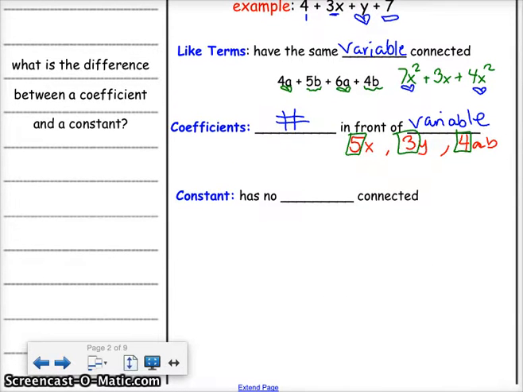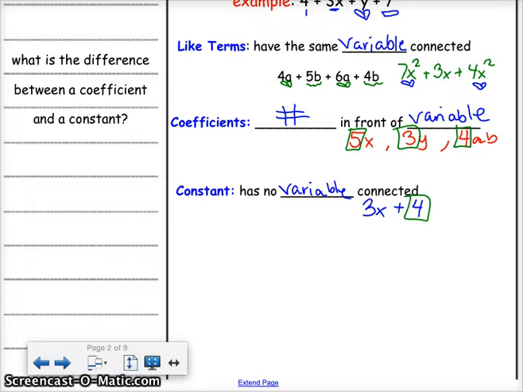A coefficient is the number that is sticking to a variable. A constant has no variable. It is constantly the same thing. A variable changes, a constant stays the same. If I had 3x plus 4, 4 is my constant. It doesn't have anything connected to it. Just as an example. Okay, moving on